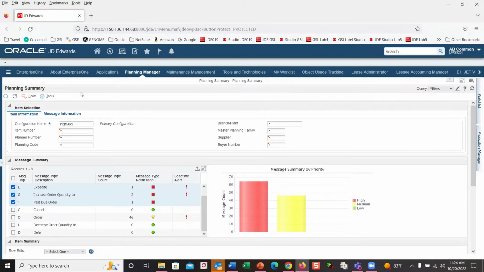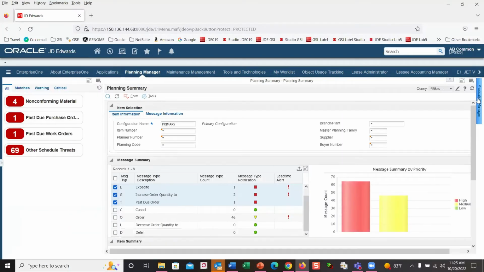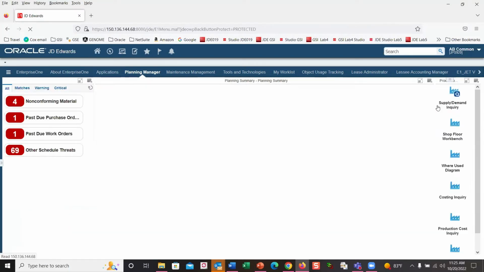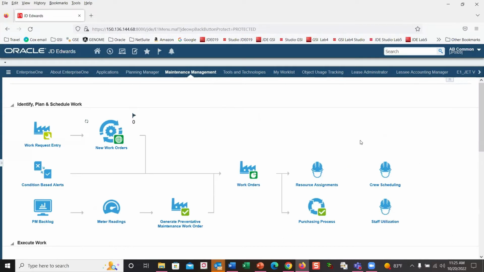So that's a quick view of the planning summary workbench, right? So then what do I want to do? Restore my 2 pages, right? And I can put my pages back. All right, so the next one that's brand new is called staff utilization,